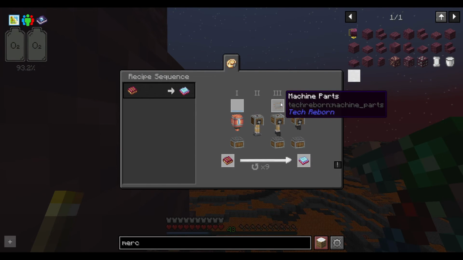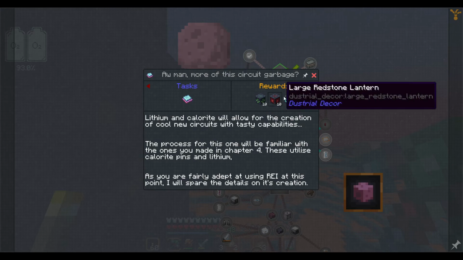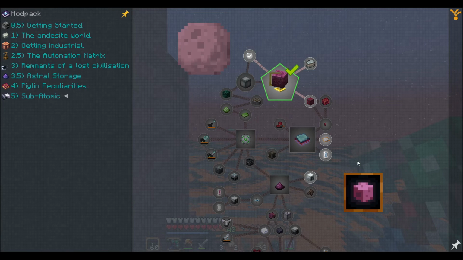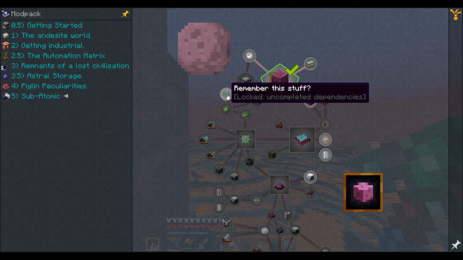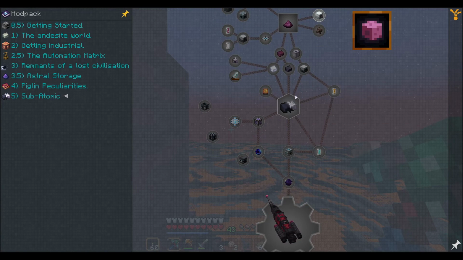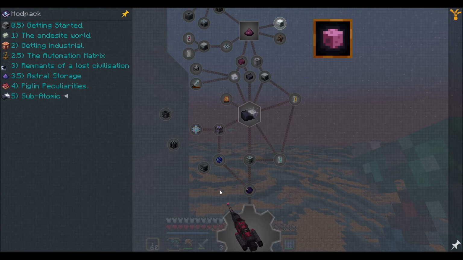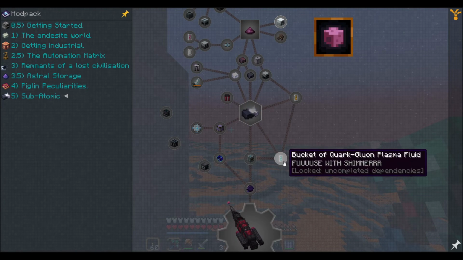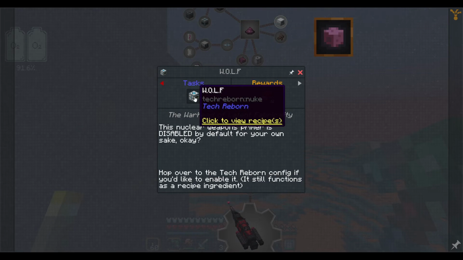Lithium. Machine parts, calorite pins. Okay, no big deal there. At least no big deal now. I'm saying that, no big deal now. Oh, is that where we get this? Huh. Okay, well, I don't really know exactly what we're supposed to be doing. It looks like we're going to have to do latent fabricators. Yeah, this is...